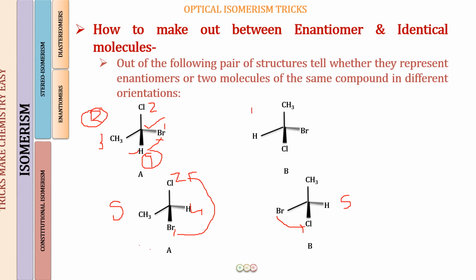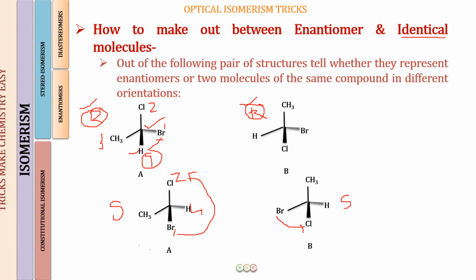So my original molecule will be having the R configuration. Now both of these, they have the R configuration. When the configuration for both the molecules is going to be the same, they are going to be identical molecules. If one is going to have an R, the other is going to have an S, it is only then they will be enantiomers. So I hope now this is very easy.